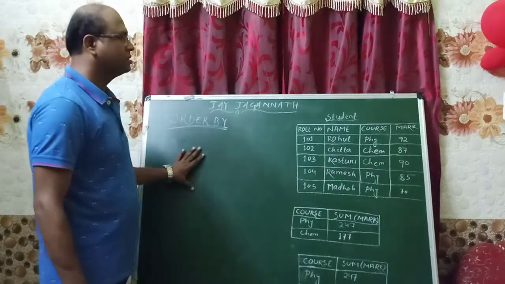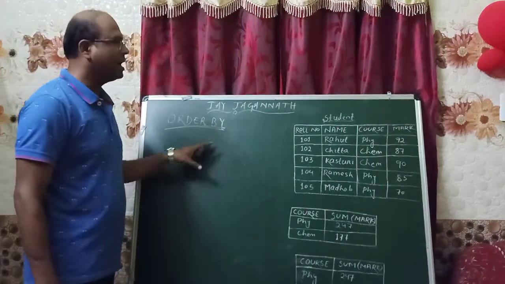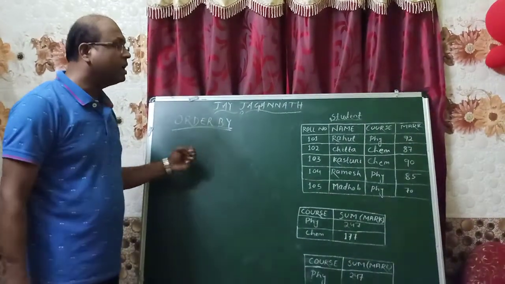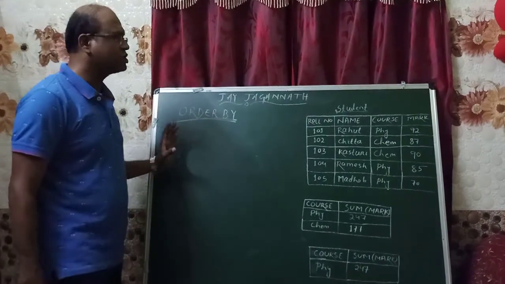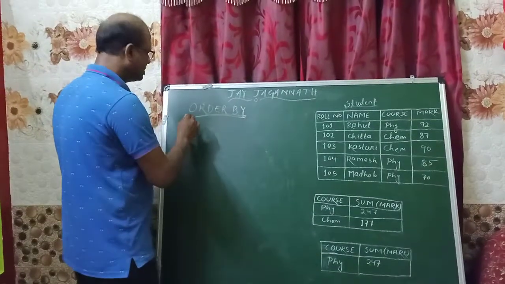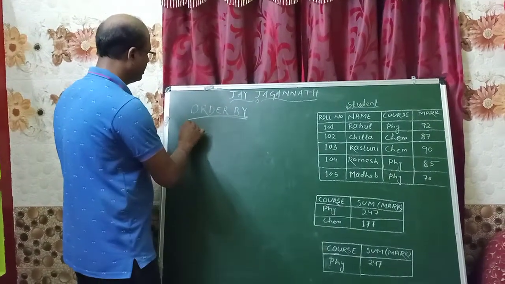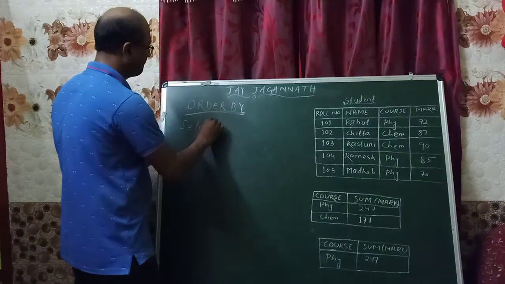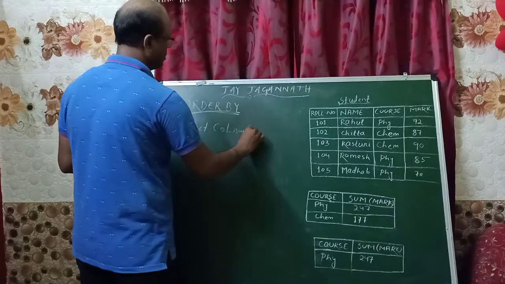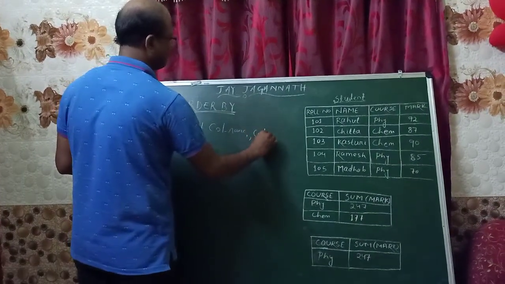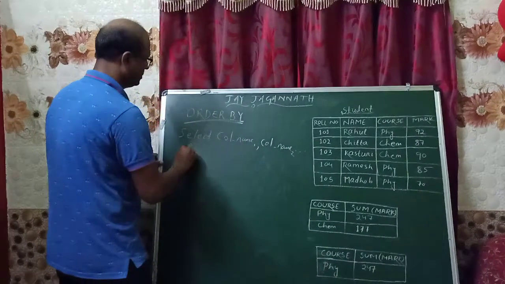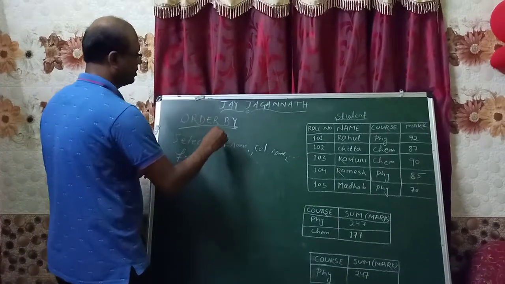So for this purpose, for arranging results in a particular order, or you can say for sorting purpose, we can use the order by clause. The syntax of order by clause is like: select column name 1, column name 2 from table name